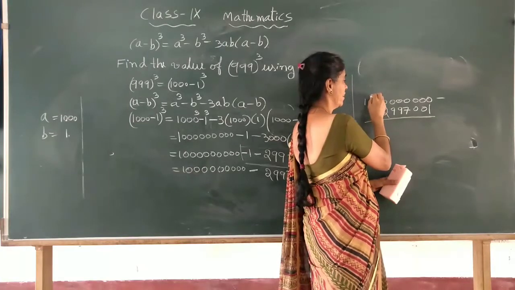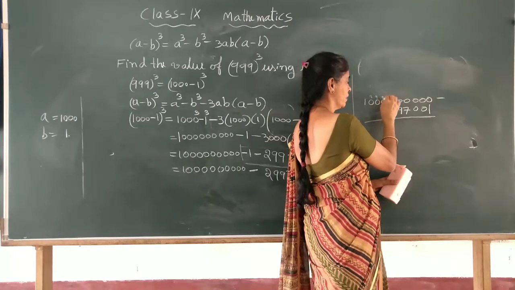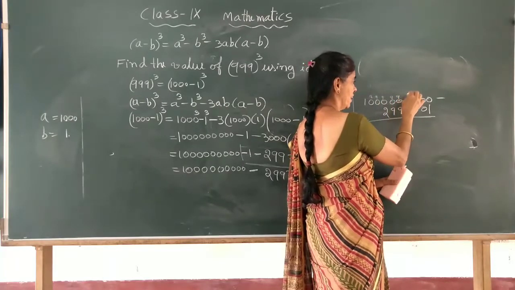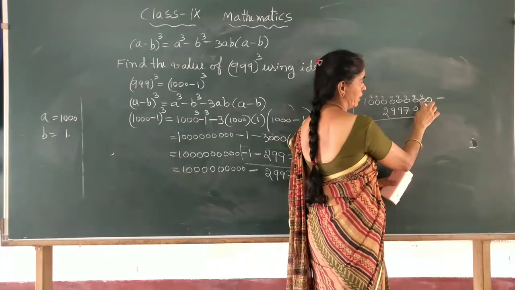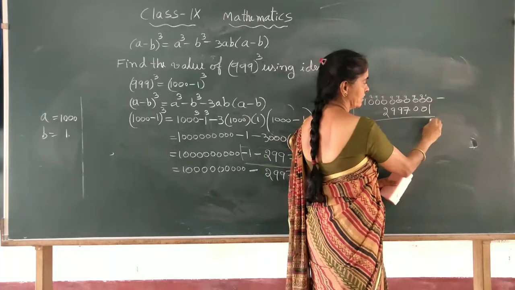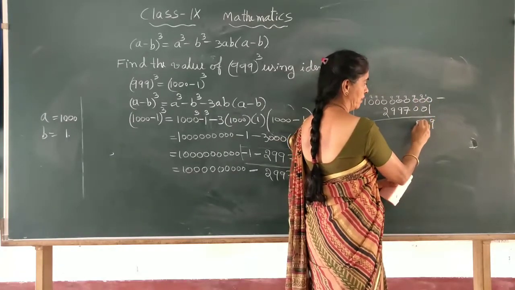So it becomes 9 here. In the same manner, if you bring 1 from the 10 here, it becomes 9. This becomes 9, 9, 9, 9, till all are 9. So after 10, when you bring it here, it becomes 9 and this one becomes 10. 10 minus 1 is 9. 9 minus 0 is 9 here. So 9 minus 0, 9.